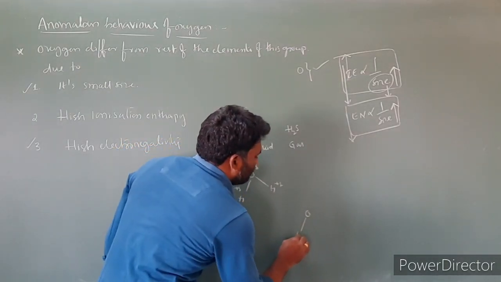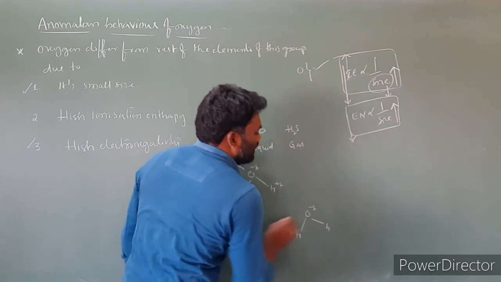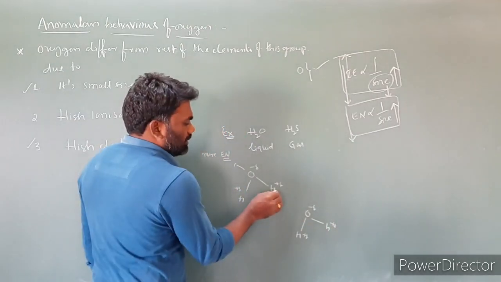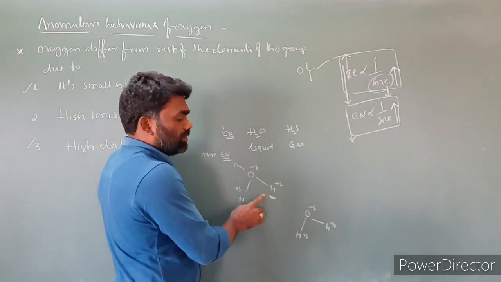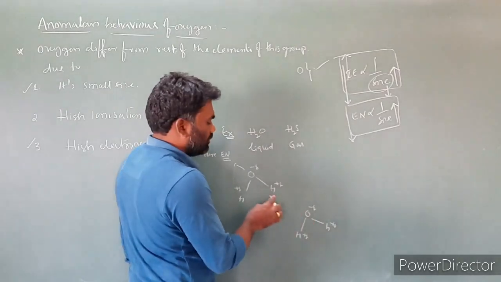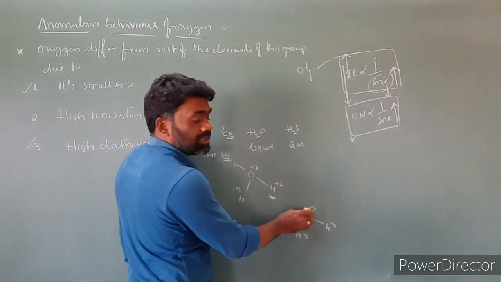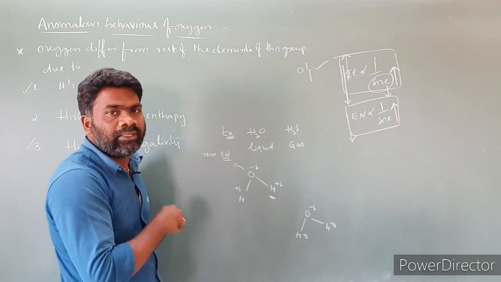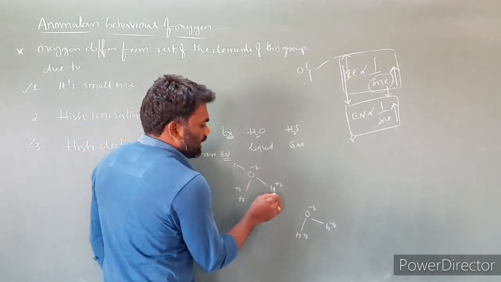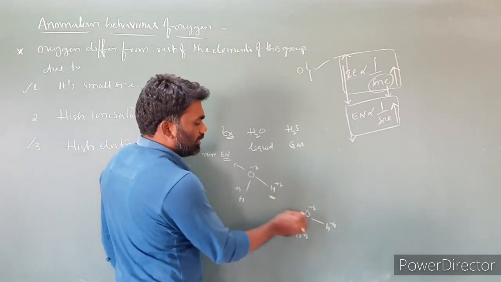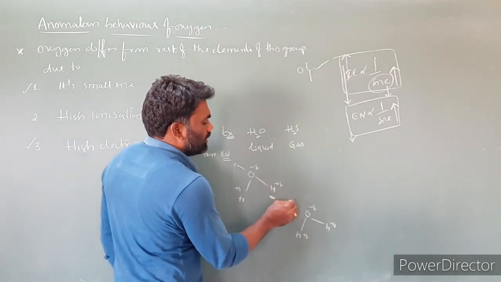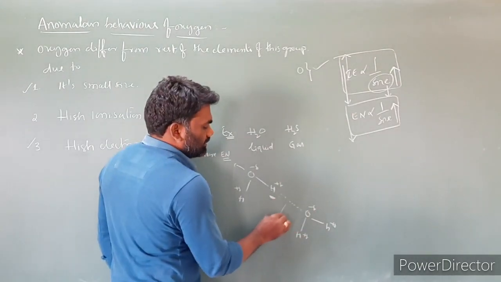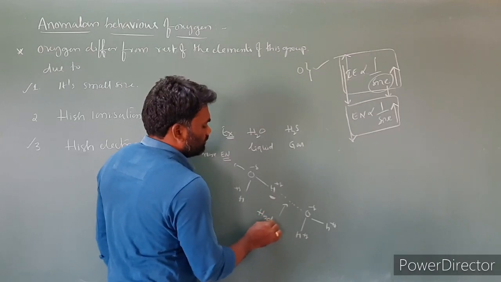I am taking another water molecule like this. This is partial negative, and these are partial positive. The hydrogen atom of one molecule and the oxygen atom of another molecule: this is partial positive charge and this is partial negative. Both are oppositely charged, not completely negative or completely positive, only partial. So the hydrogen atom of one water molecule and the oxygen atom of another water molecule form a bond. An attractive force is developed because of partial positive and partial negative. This bond we call a hydrogen bond.